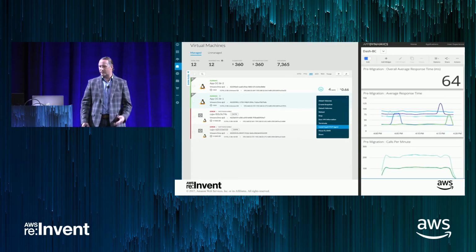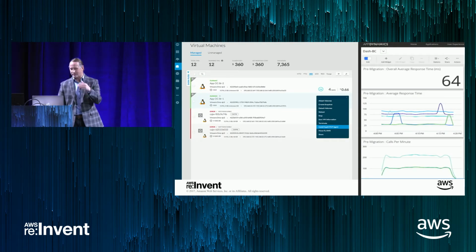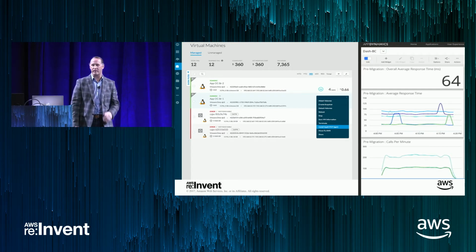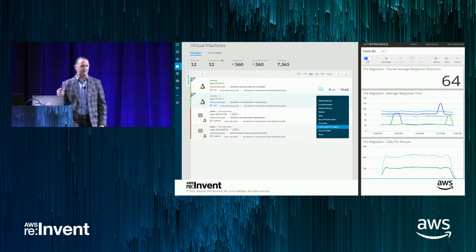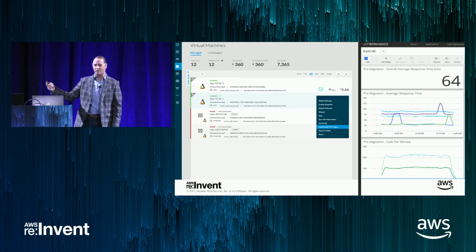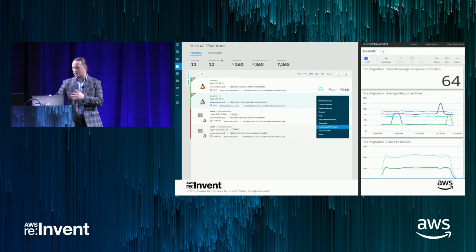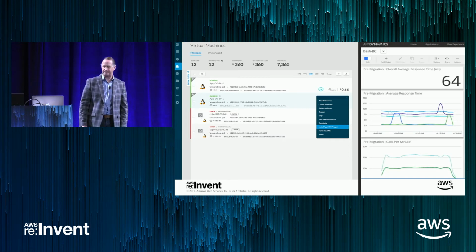We're building that performance data and getting a feeling of what's going on. Okay? And so here's what it actually looks like in the product. We're going in, we see the virtual machines. If you remember, we saw App OC BR1 and BR2 in the iQuate screen. We now have those brought in as managed virtual machines in CloudCenter. We're now installing the AppD agent, and on the right-hand side, we're starting to see what a performance baseline looks like. This is the business user's average response time. This isn't how many IOPS am I getting. This is the end user's end-to-end experience is X number of milliseconds, and we see this many calls per minute coming from the application. So an application-centric view of what's going on.